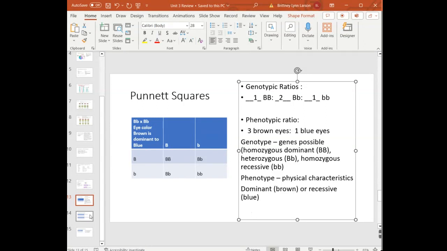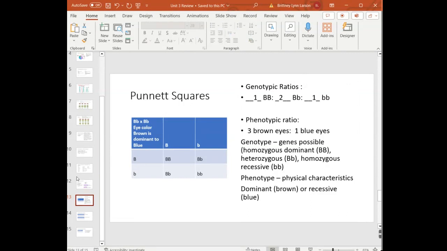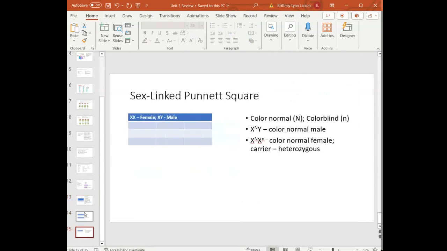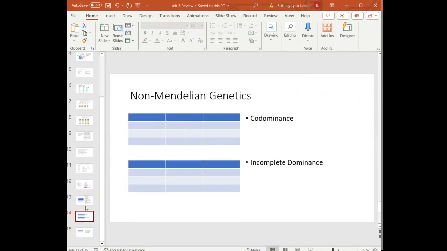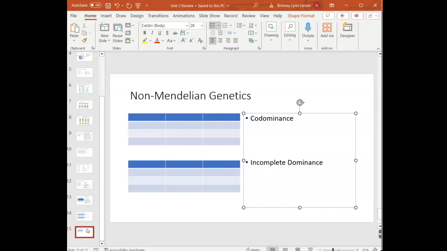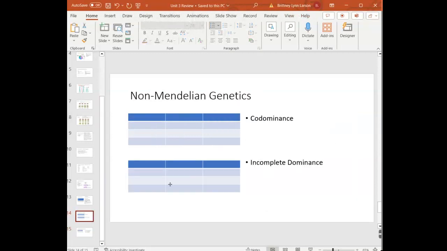Okay? All right. I have two more things that were kind of requested, and I do want to talk about a pedigree really quick too, just to make sure we're all on the same page. And then I think that was everything on my list. So let's talk a little bit about the non-Mendelian genetics in terms of codominance, incomplete dominance, and the sex-linked Punnett squares. Non-Mendelian genetics are the genetics that don't follow Mendel's laws of independent assortment